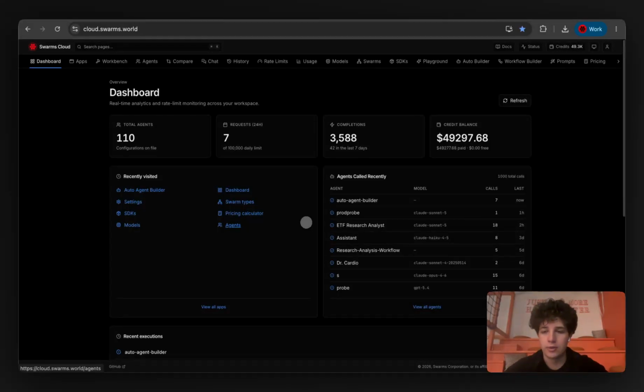Hello, I'm Kai Gomez, founder of Swarms, and today I'm going to be talking about the Auto Agents Builder. Basically, this feature allows you to autonomously generate multiple agents with different configurations, names, prompts, descriptions, everything in just natural